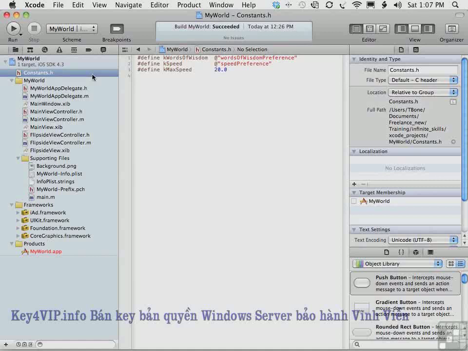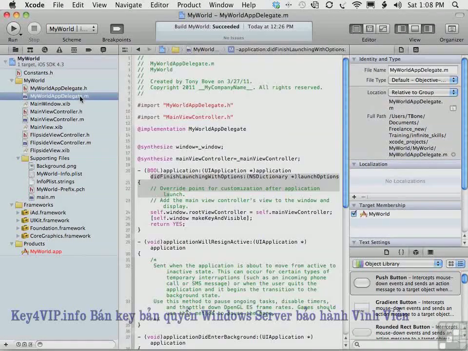If your app receives the NSUserDefaultsDidChange notification, the appropriate response would be for your app to reload the settings data and behave appropriately. To get that notification, you need to register for the NSUserDefaultsDidChange notifications message. And you do that here in the MyWorldAppDelegate file in the application:didFinishLaunchingWithOptions: method. So let's add this notification system first to